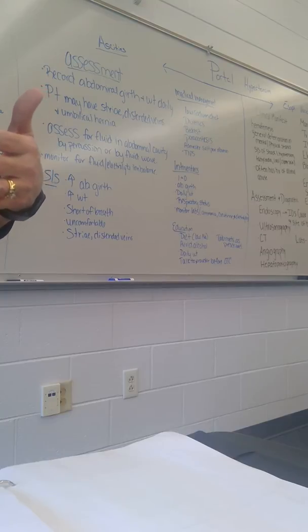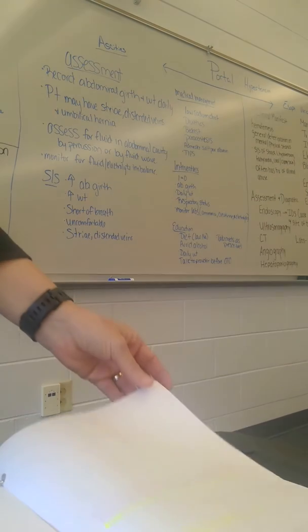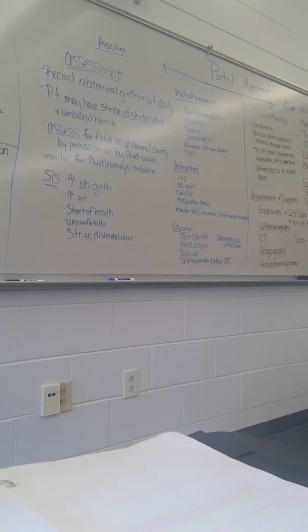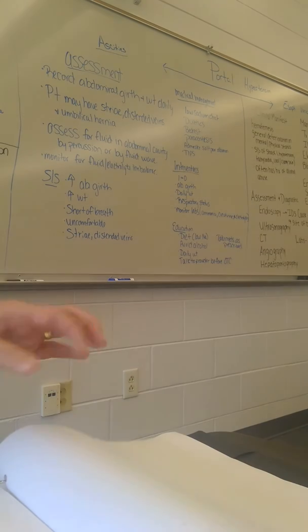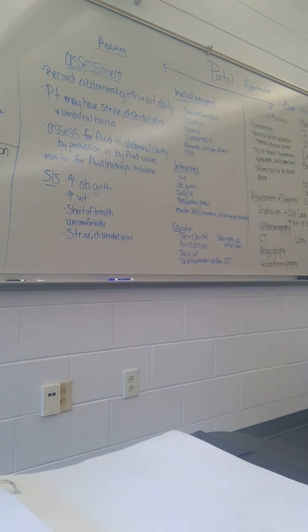It also is related to the ability of the liver to not synthesize albumin anymore. Remember, we talked about protein and albumin. So all of those changes cause an increase in the abdominal girth, which is related to ascites. Now, on one of your slides, I've included the pathophysiology there of ascites, so you can look over that. So whoever did ascites, they wrote up here, record when you're doing your assessment.